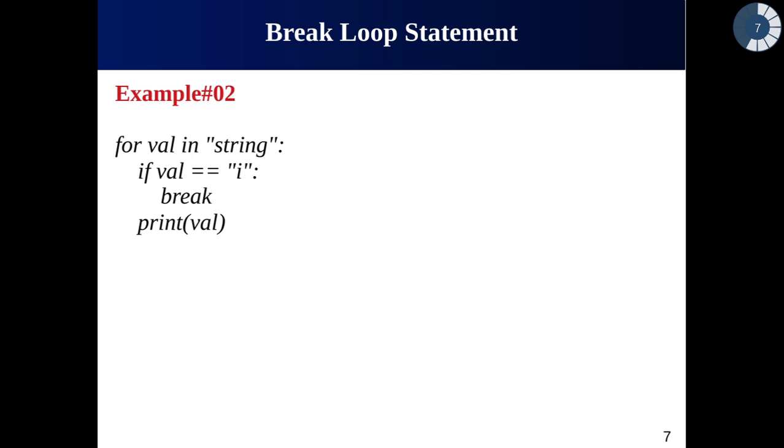Let us see another example. This is a bit simpler example, but here we are dealing with a string. So this is another way, by the way, in which you can use the for loop. Here for is the keyword, val, which stands for value, is actually the loop variable, in is a keyword, and string is any string. You can provide any string here. In my case, I am providing the string "word".